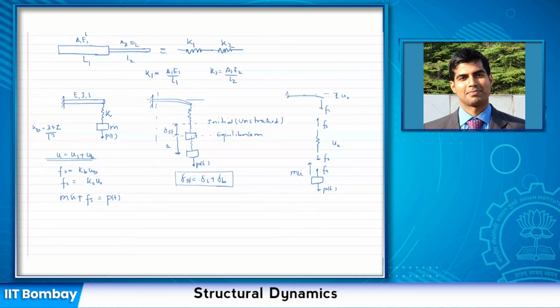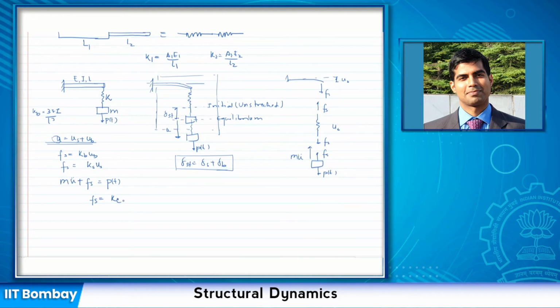All right. So what I want to do now is consider this whole system as one system, so that the total deformation of the system is U, right? However, U has the stiffness of the beam and the stiffness of the spring. So I can also write Fs as some equivalent stiffness, which I don't know yet. What is that equivalent stiffness? I need to find that out, times U. So U is the total displacement of the system, and I'm saying that the total displacement of the system is governed by the equivalent stiffness of the system, which I don't know yet.